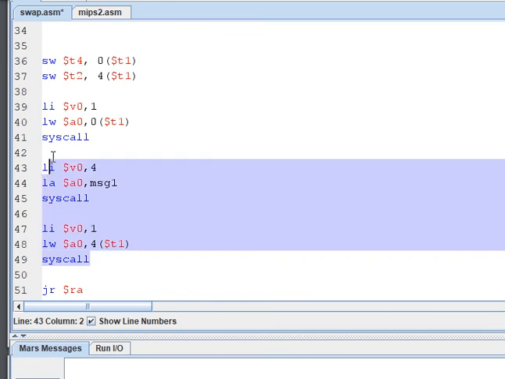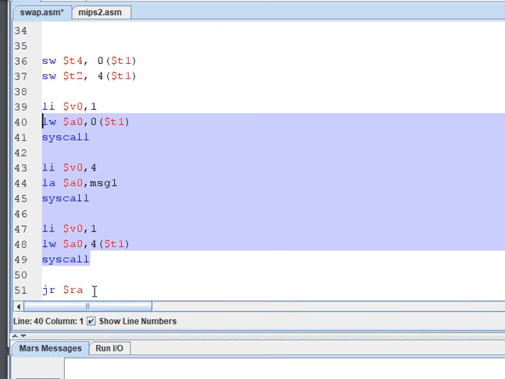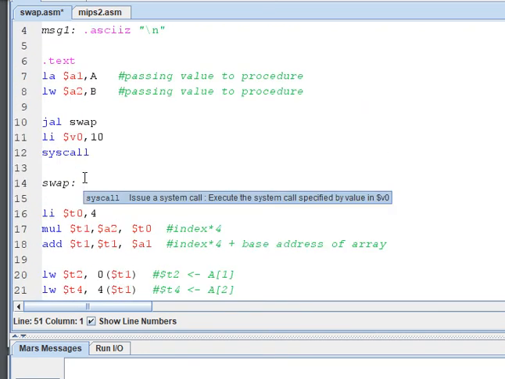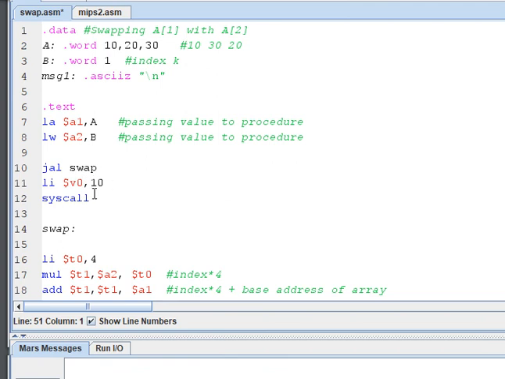Now you can print the values so that you can see whether they are swapped or not. Then jump register to move back to the next statement below the jump and link. What is the next statement? Syscall service number 10, which is exit the program.